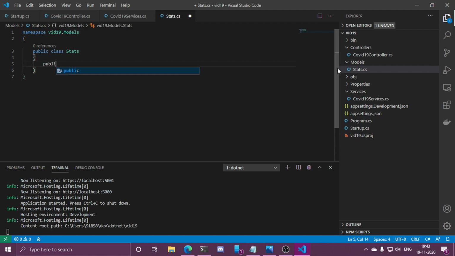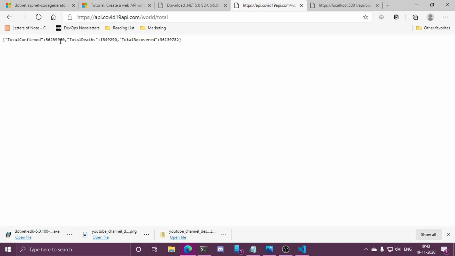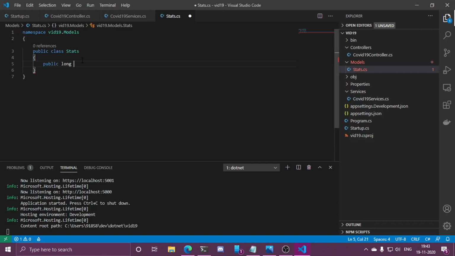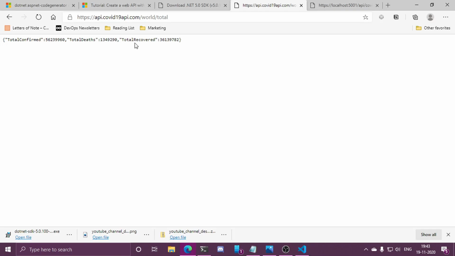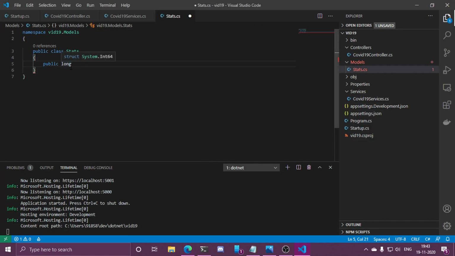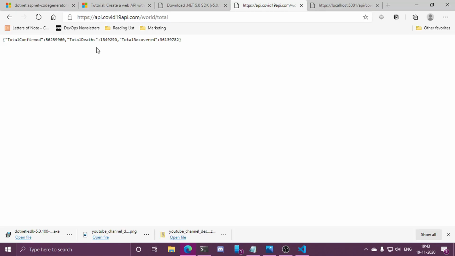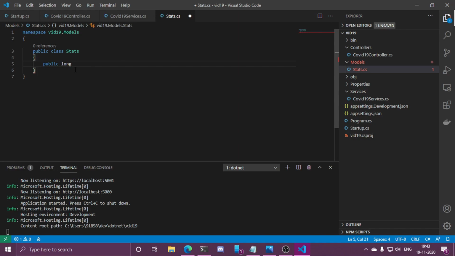Now we have to create three members. Since the numbers are quite long, I have chosen the long type, but you can play around and use whatever numeric type you want to use. I think that long makes proper sense here, so I just used it. I haven't put so much thought into it. You can experiment.